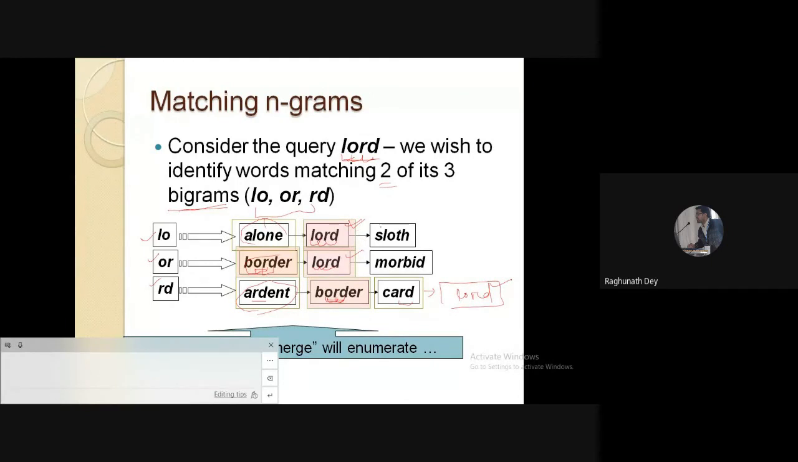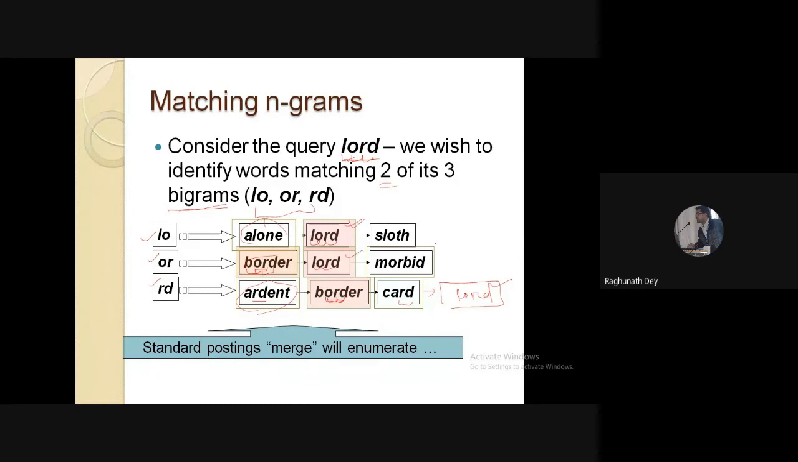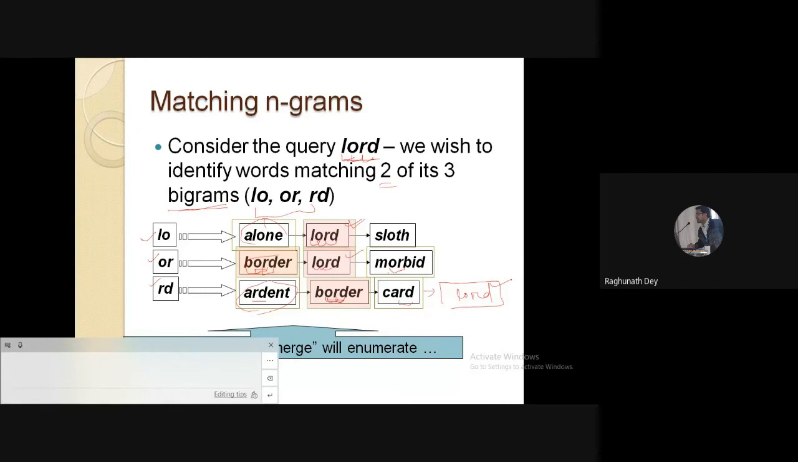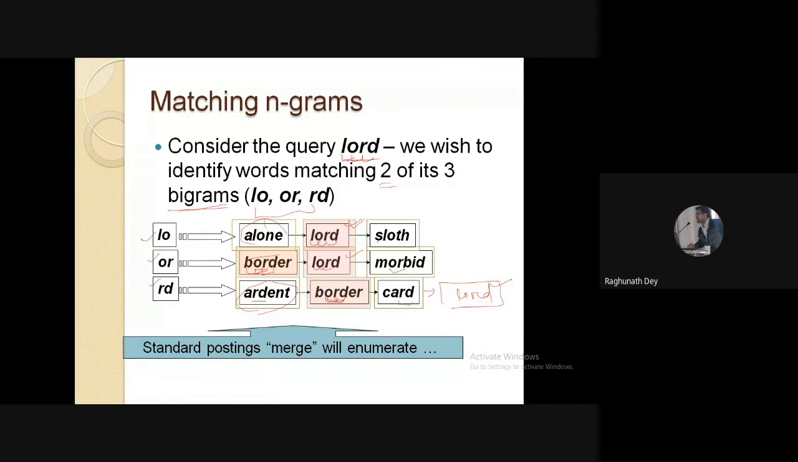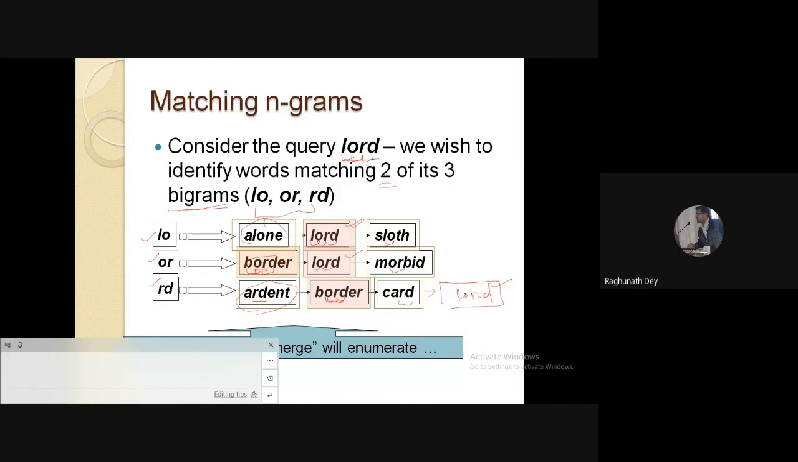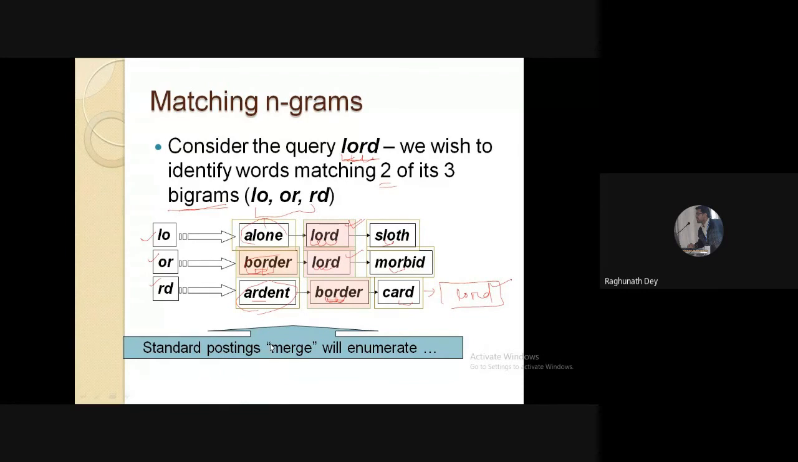Okay, then A, B, C, L completed, then come to the next, M. Only OR is matching, one bigram is matching, so you can ignore that. After completing M, then come to S. SLOTH, only LO is matching. So only one is matching, forget that, ignore that. So what we found, we are choosing only those words or terms which are satisfying at least two matches out of the three bigrams. So depending on this, you can build your own algorithm, your own technique,